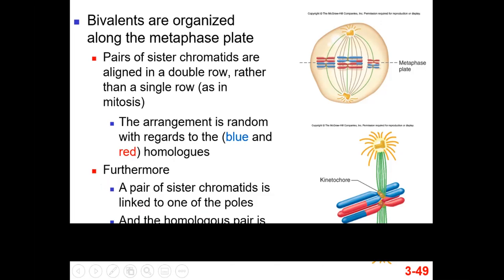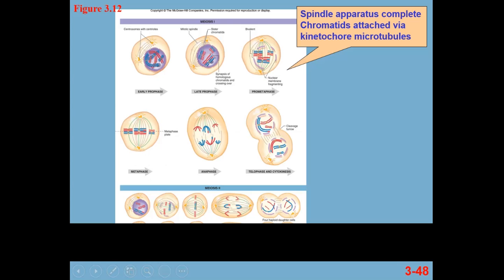At the end of prophase, then we go into metaphase. In metaphase, the homologous chromosomes are lined up on the metaphase plate. The kinetochore microtubules connect to one homologous chromosome on each side. Okay? And then when we go into anaphase, the homologous chromosomes move away from each other. As we go through this, then, you end up with two different cells. You go through telophase and cytokinesis, two cells next to one another,